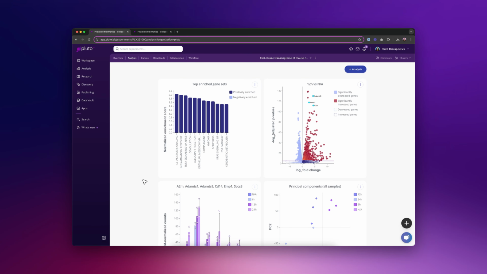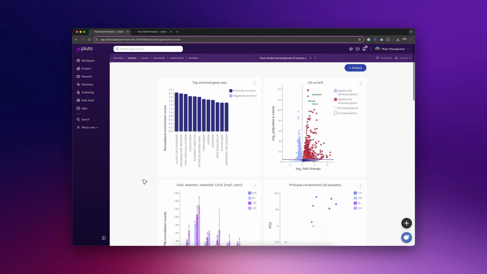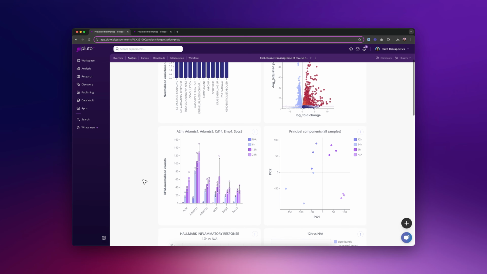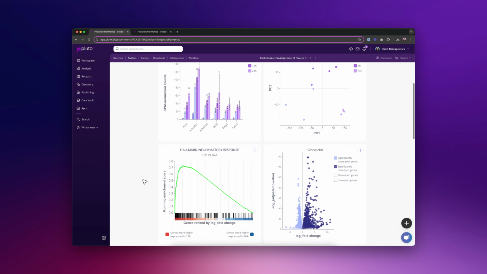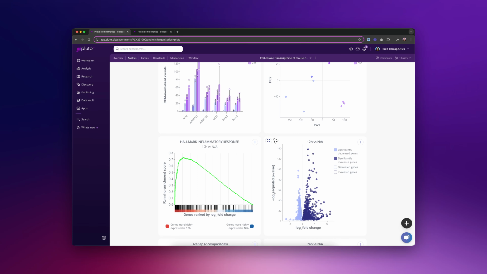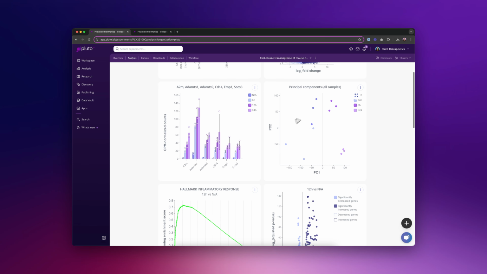Hey there, for a video today we're going to be focused on scatterplots in Pluto. So in Pluto there are lots of different kinds of visualizations that you can create. I'm showing here a couple different kinds for RNA-seq experiments. We're really going to focus on scatterplots for this video and use them to explore how we customize different plots